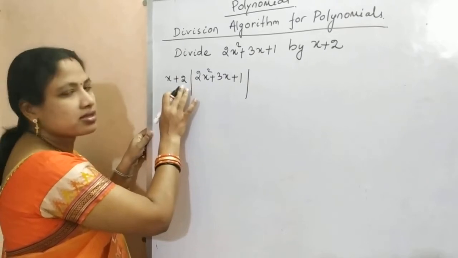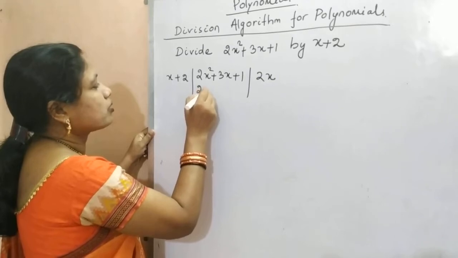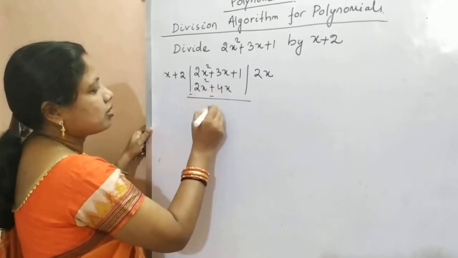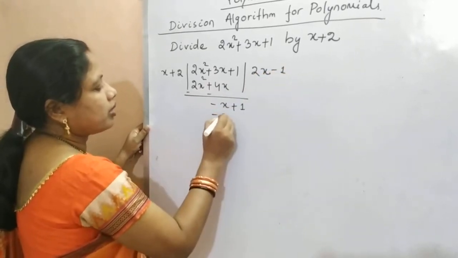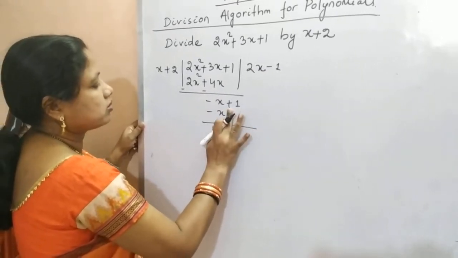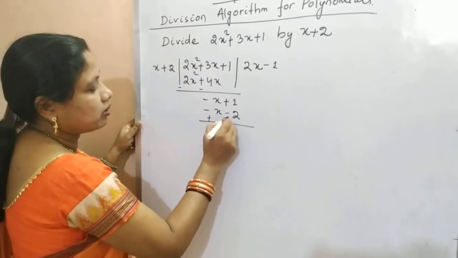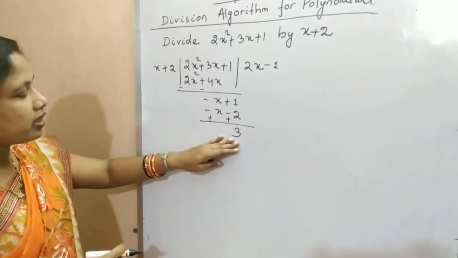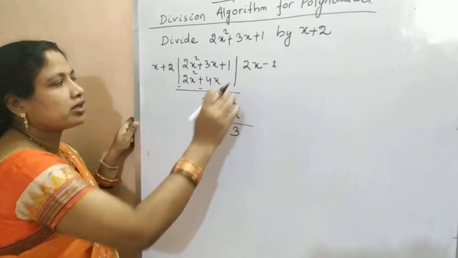So this is the dividend and this is the divisor. So then here 2x square plus 4x. So this is minus x plus 1. Then minus 1 minus x plus 1. Minus x minus 2. So here 3 is the remainder. So we got here 3 is the remainder, where x plus 2 is the divisor and 2x minus 1 is